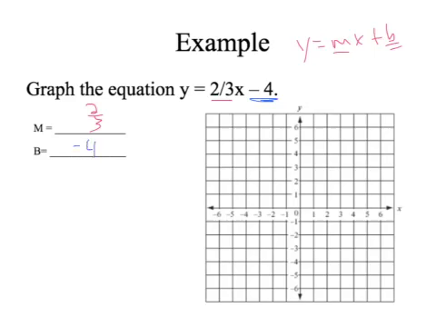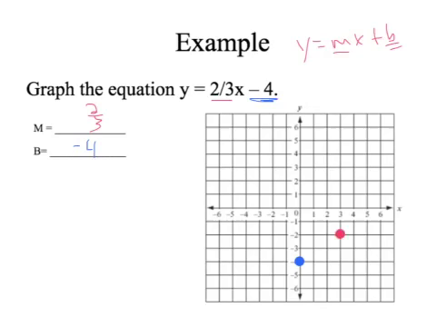Now when I go to graph, I always think of alphabetical order. B comes before M, so I want to do my B first. So I want to put my y-intercept, that's where the line crosses the y-axis. Right, so on my y-axis, I want to put a point on -4. And then my slope tells me that I want to go up 2 and right 3, since they're both positive. So starting at my y-intercept point, go up 2 and right 3, and that's where my